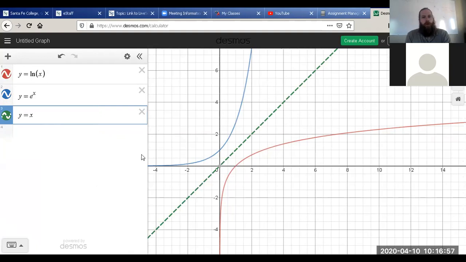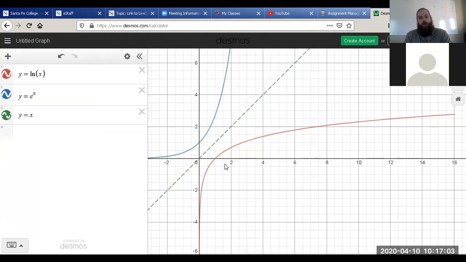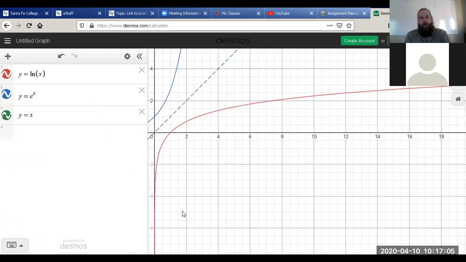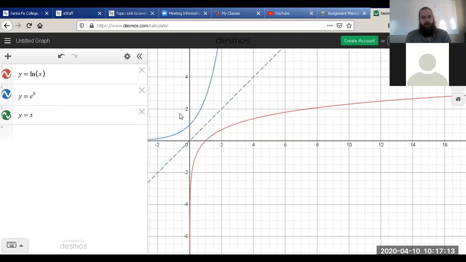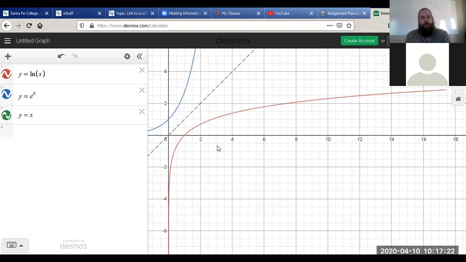So if it's been a little while since you thought about those things, that's okay, it's understandable. But this red graph here is one that we need to start baking into our brain. That's the graph of the natural log, and every other logarithm looks about like that. If you change the base, just like changing the base in an exponential, doesn't really do much to the shape of the graph. I mean, it might be a little bit stretched out, or it might be a little bit compressed. Changing the base of the logarithm doesn't really do a whole lot to the shape of the graph. So the two graphs that they have drawn there,